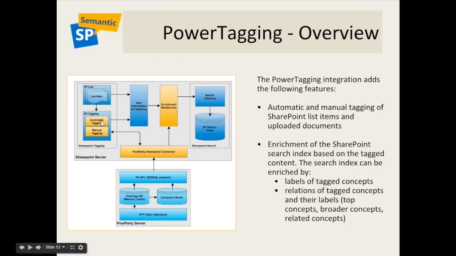At the same time, we have some components for tagging, both manual and automatic tagging, supported by PoolParty. And how it works is actually uses the PoolParty SharePoint connector that is connected to the PoolParty server that you can see on the bottom of this picture with